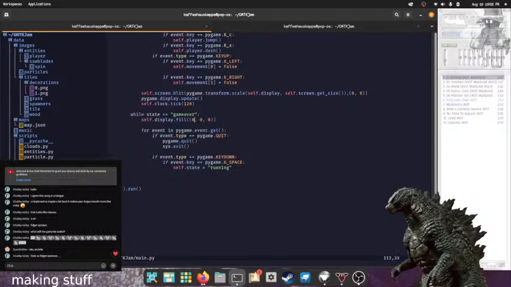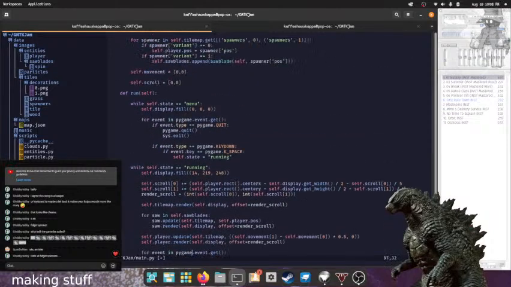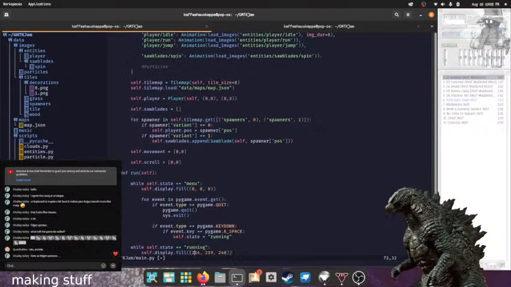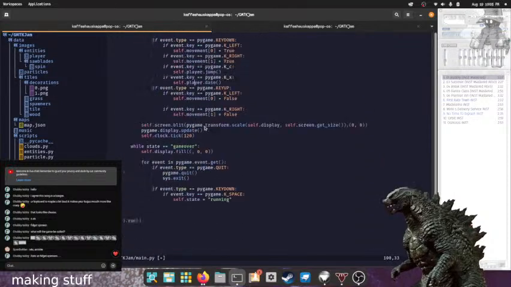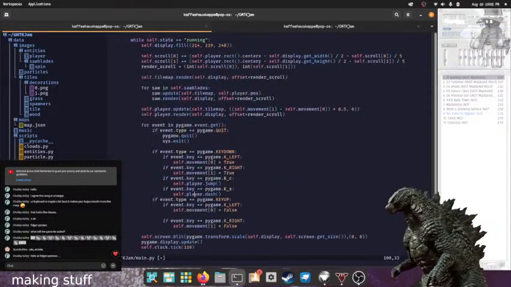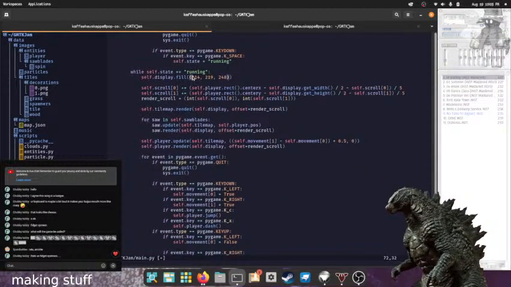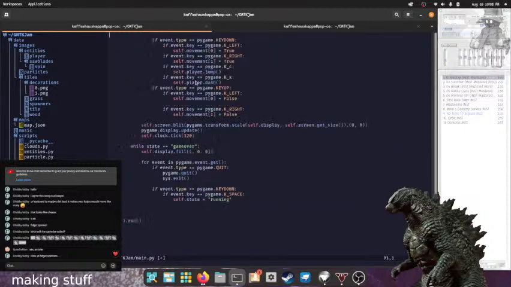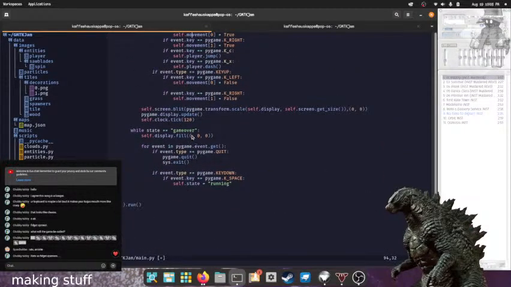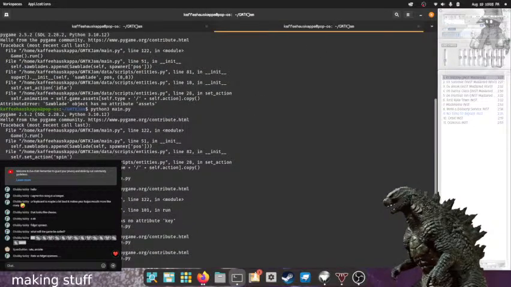And it's RGB. I'll set this to, I think it's 255. So yeah, I'll set it to 250 just to be safe. Hopefully I've done this right.